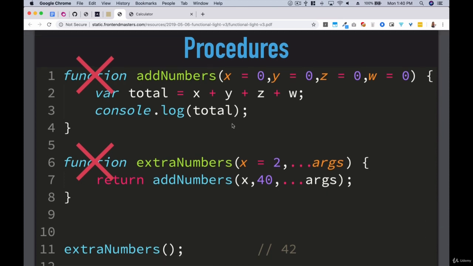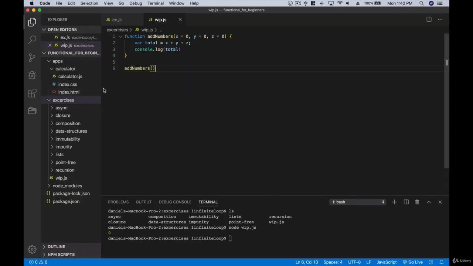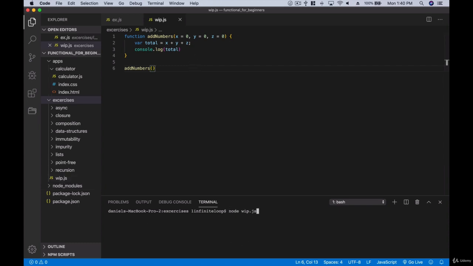All right, so let's jump over to the exercises. I have a work in progress folder over here where we're just going to run this add numbers function. As we can see, it's a very simple function, okay? But why is it not a pure function? As we said before, the first thing we want to make sure every function has is a return statement. But besides that it does not have a return statement, there's something else wrong with this function,